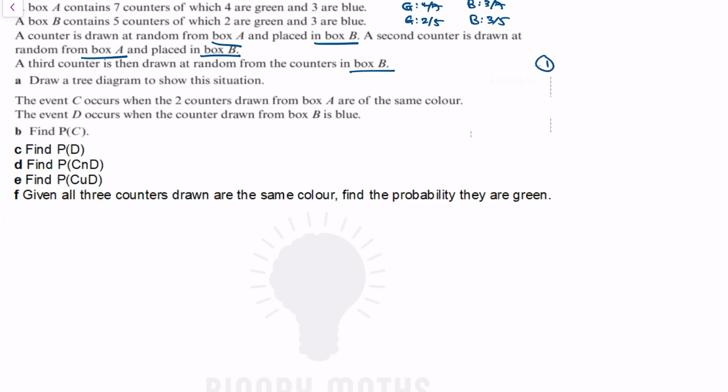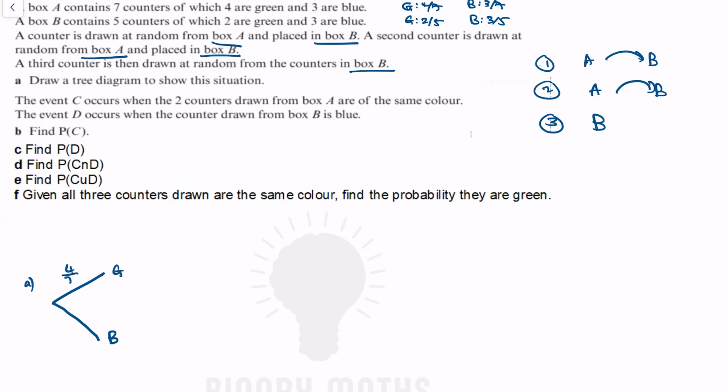So first one is A to B. Second pick is A to B, and third pick is just picked from B. Okay, draw a tree diagram to show this information. So it's going to be quite big because there's 3 picks. So first thing is obviously from box A, you'll have 2 different combinations, which is green and blue,